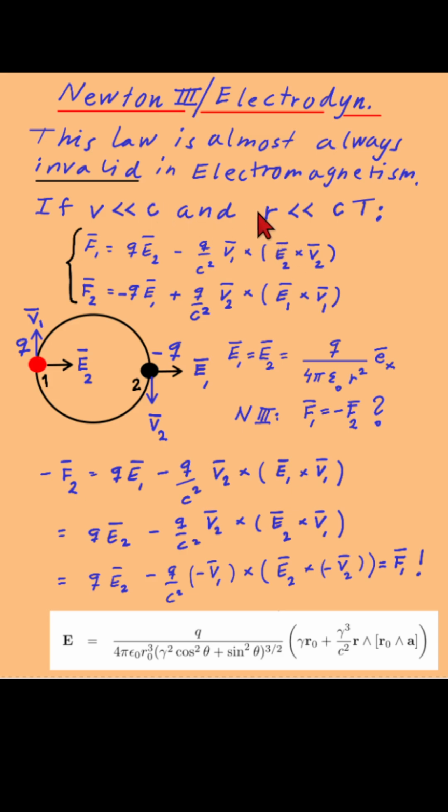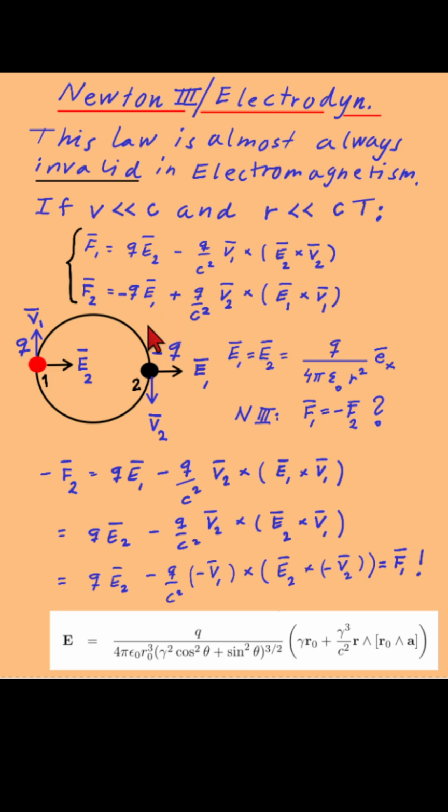And also, we are going to use that the electric field is just of the Coulomb type, and that is valid if the size of the system is small, so we don't have to take into account retarded action, that it takes some time for the force and interactions to react. So anyway, here are the Lorentz forces, and the symmetrical case is a symmetrical perfect circular orbit with the charge q and negative q,